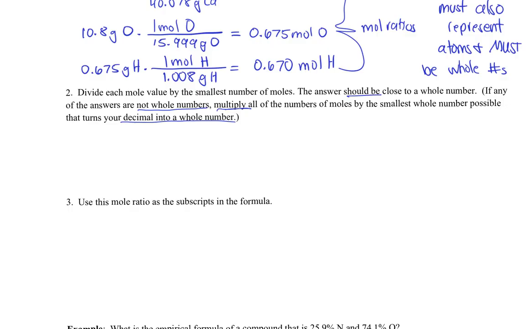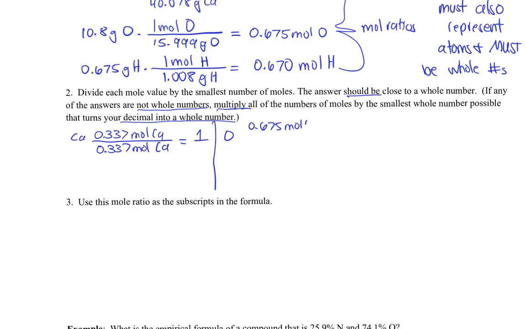All right, so first I'm going to look at calcium. And this one you don't generally have to show the work. You can just write 1, but I'm going to show the work here. For 0.337 moles of calcium, I'm going to divide by the smallest amount of these 3. So of these 3, 0.337 is the smallest. And I come up, of course, with 1. What this means is that for every 1 mole of calcium, there is 1 mole of calcium, which is fairly obvious. But now when I get to oxygen, there are